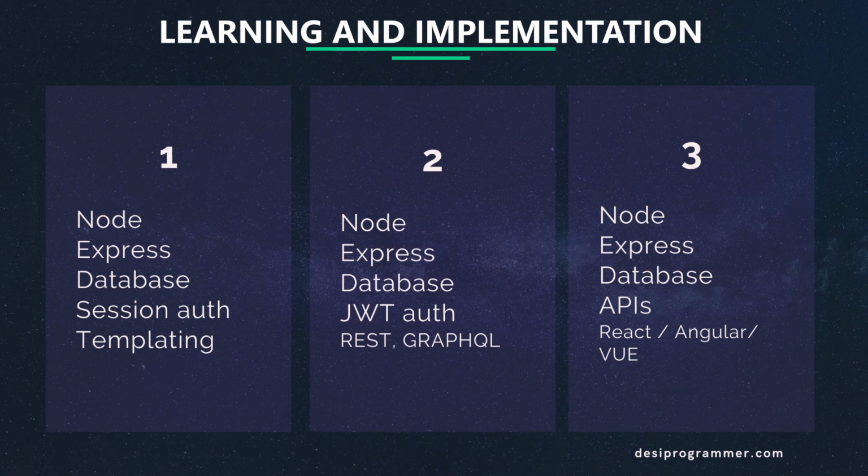The third one is a complete MERN or MEAN package, which is Mongo, Express, Node, and React or Angular. Now, the reason why I have distributed in 3 categories is because these are the learning ways and these are the usage. So when you learn Node.js and Express, either you will be building a complete website using Express, Passport for authentication, and then some EJS and HBS templating engine, or you will be working as a complete backend developer where you will be just creating APIs using GraphQL, REST, SOAP, and those APIs will be consumed by other front-end developers who will be creating the application using, let's say, React, or a mobile application using Flutter, React Native, or whatever they want. And the third one is obviously the full stack developer kind of thing where you will be creating APIs and you will be consuming them in a React or Angular frontend.